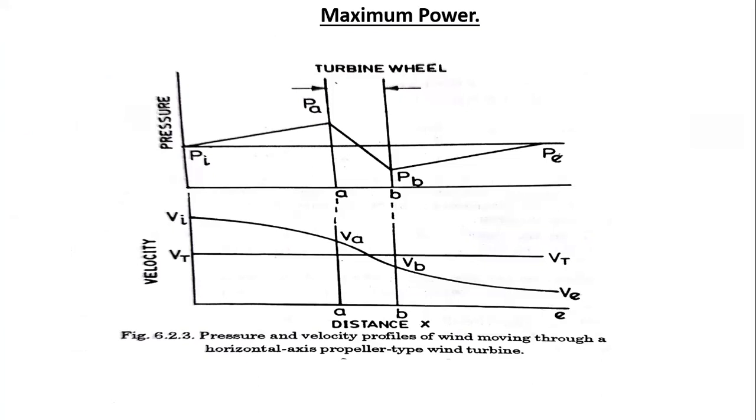So before in lessons we saw that total power cannot be converted. All the power cannot be converted into mechanical power. So what is the percentage of mechanical power it is converting? Only 60 to 65% of the total out of 100%. Only 60 to 65% maximum we can convert.